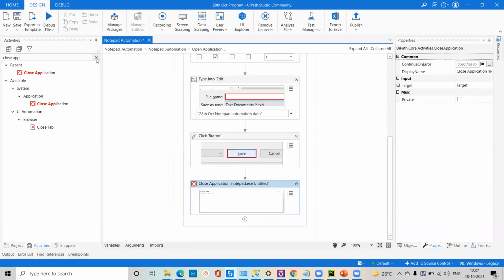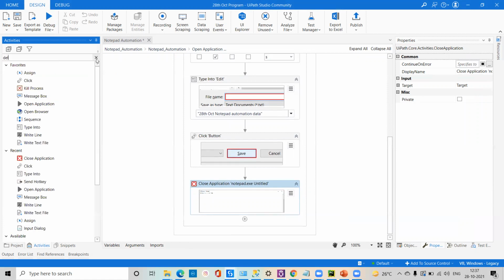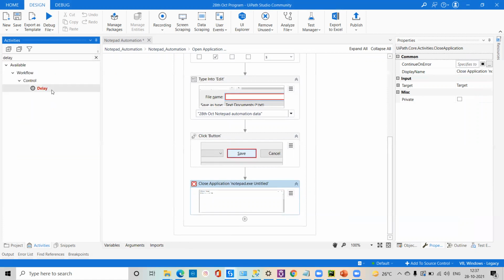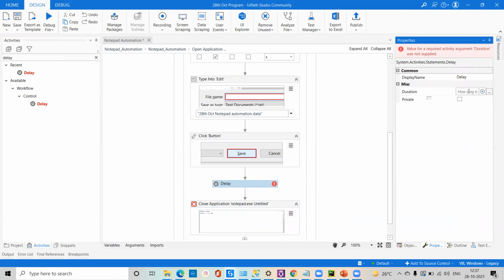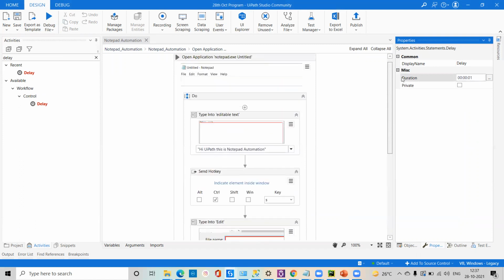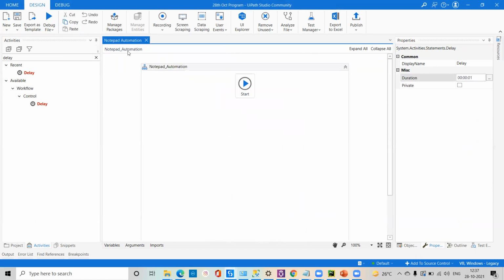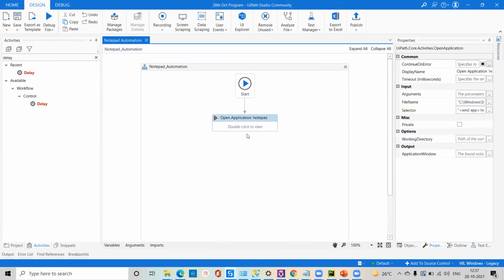By the way, if you want to use a delay, like 1 second of wait or 2 seconds of wait, in Java you use thread.sleep, but in UiPath we'll use the delay activity for doing a delay like that. I'll go here and pass 0, 0, 0, 1 second of wait. Save and run this program. Make sure that whenever you use this workflow, you don't have any type of error.